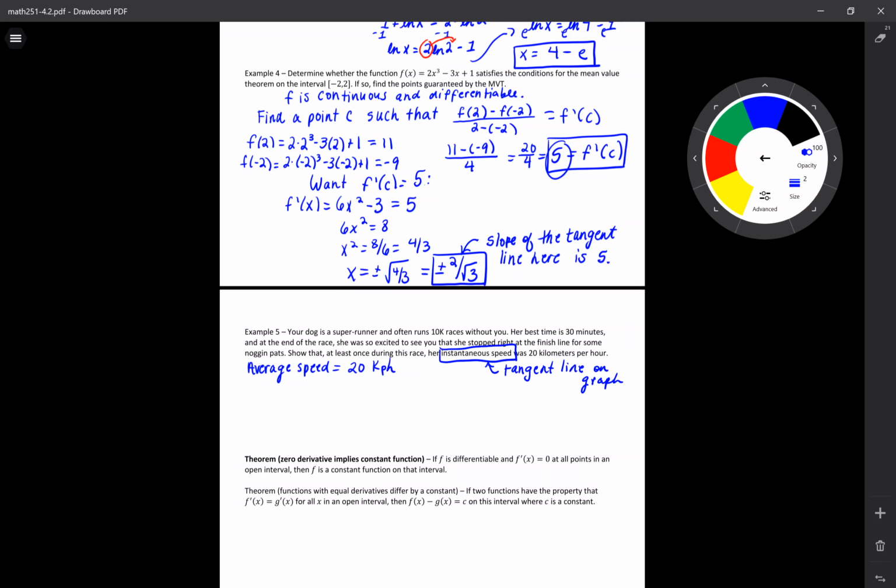So this dog runs continuously, right? She doesn't, I don't know, vanish at some point, and her path, that means, is differentiable. So she runs continuously and differentiably. I don't know if differentiably is a word, but I just made it a word. So our mean value theorem applies here. So by the mean value theorem,